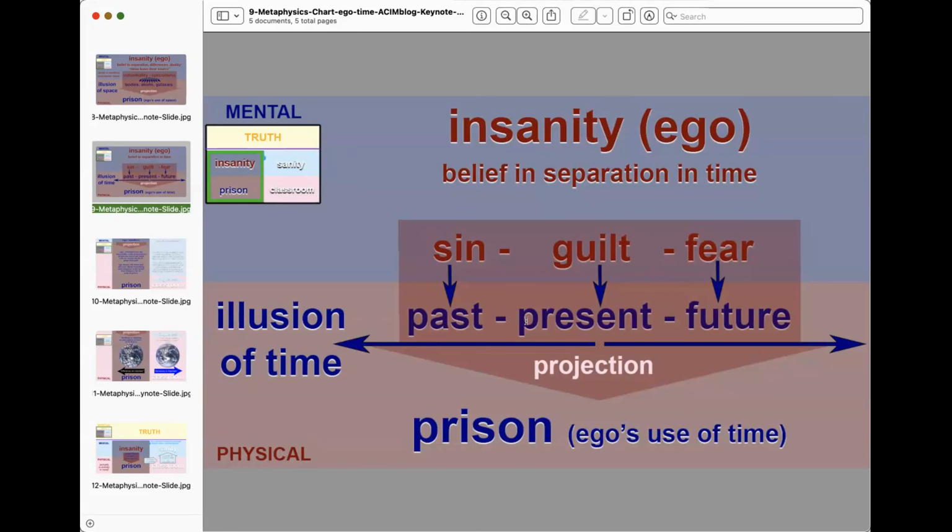But the underlying unexamined guilt is, if we really were to look at the guilt in each moment with Holy Spirit's help, we would say, oh yeah, there's nothing there. Right now, this moment, the Son of God is innocent, and that applies to everyone. And then that breaks that vicious cycle of the past demanding that the future be just as horrendous. So another variation on this would be